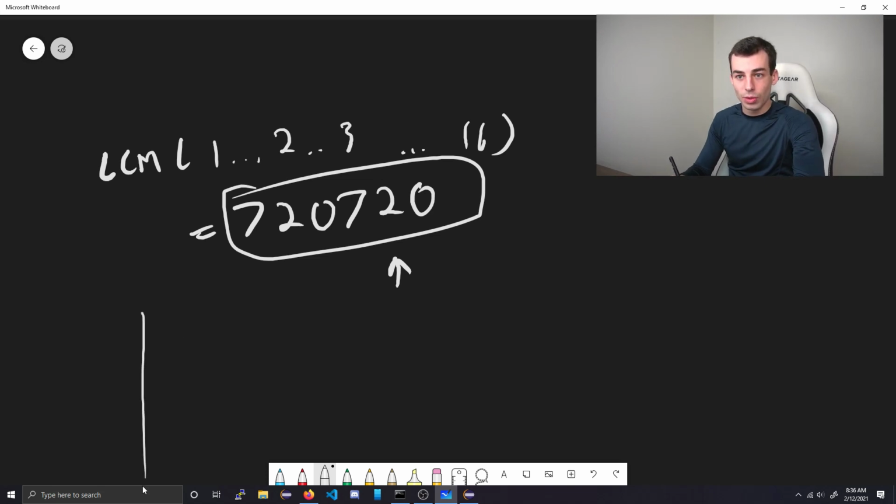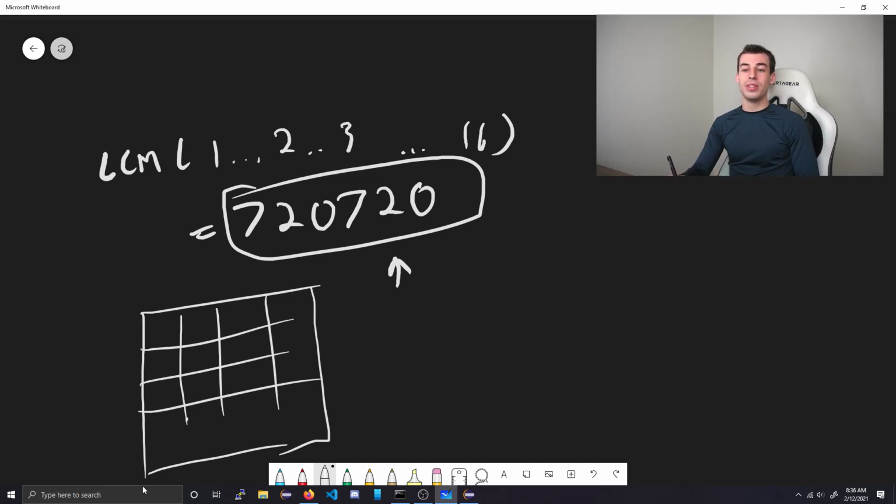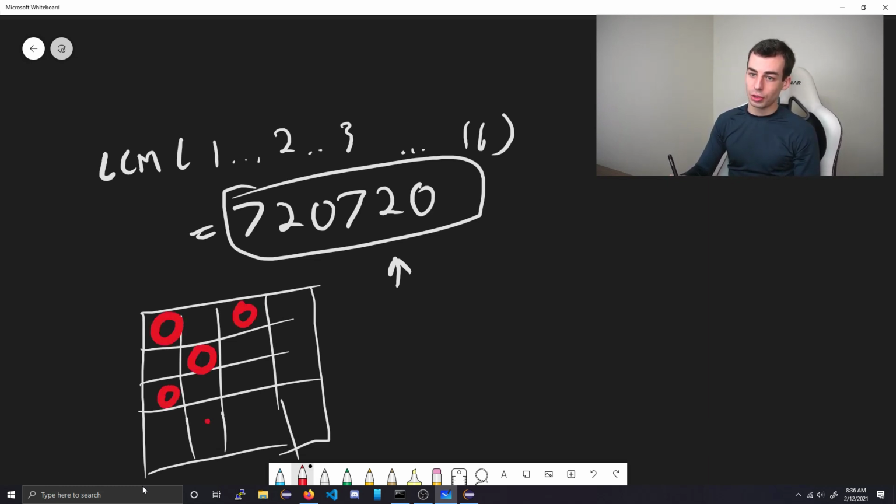So if we have some grid that looks like this, we can just fill it all with this number. Now, that doesn't actually work. The reason it doesn't work is because you can't have two numbers that are the same that are adjacent. So what we can actually do is just two-color it. So for all of these squares that I'm circling in red,